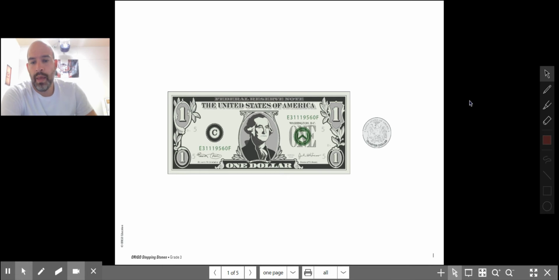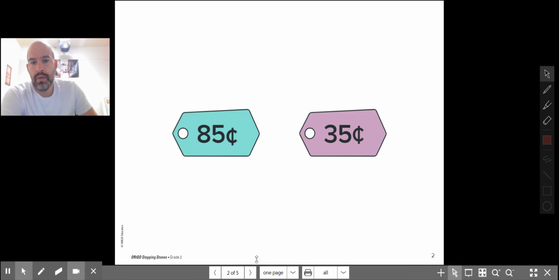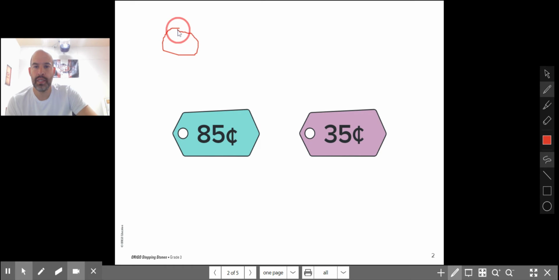All right? And now let's look here. We have two different price tags. We have a price tag for 85 cents and another price tag for 35 cents. So what are some ways that we could represent these prices with coins? Well, let's think about it. I could represent this in several ways. I could do this as